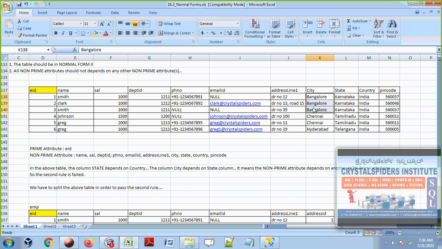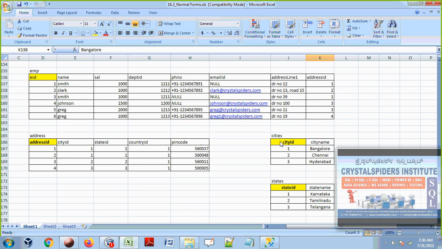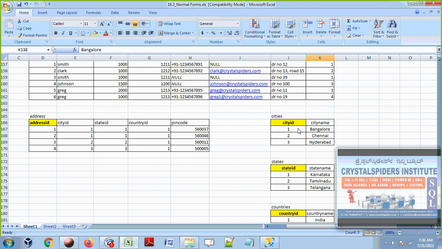Right? That is going to impact the performance. And also, when we update some of the values, you have to read the entire record. That's the problem. You have to read the entire record, and you are going to update the specific column. So now here, to update Bangalore to Bengaluru, right now we have to update in 3 places. But after applying the normal forms, if you change the city name from Bangalore to Bengaluru, you can always update in a single place. That is, in the cities table, you can update the city name only in one place. You see that updates will be faster after applying the normal form rules. This is one of the examples.